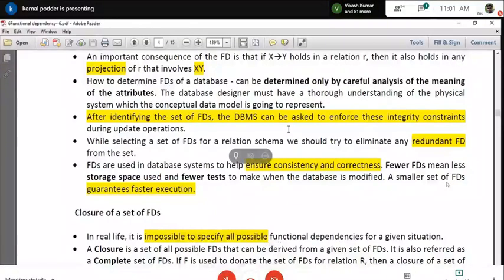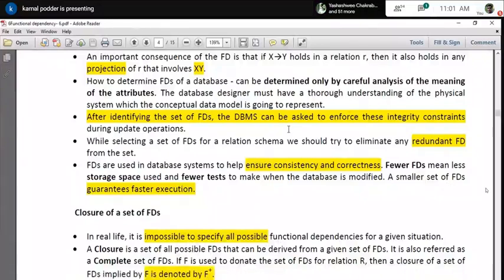Finding the FDs is one thing, but at the same time, finding the completeness of the FDs, which are redundant, which we can exclude without destroying any of the constraints. So all those things are very important. Actually, in a subsequent chapter we are going to discuss all those things. Okay, so it is very important that not only finding the FDs, but finding the minimal set which is basically representing the total FD set.